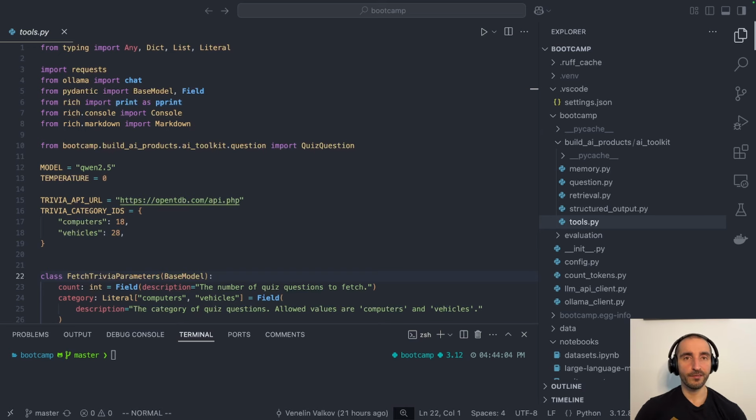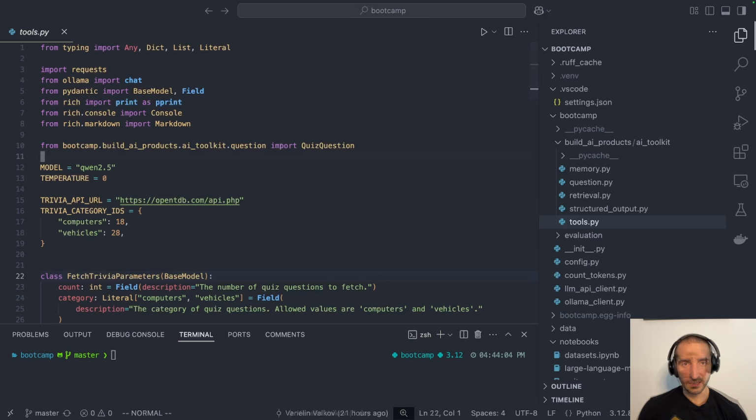For example, when you have a private database for your company or your own business, you can access private information from your database using tools and provide this information to your LLM, something that can enhance significantly the performance of the LLMs based on your data and your private information. Also, you can call external tools to do some form of operations that might be hard for LLMs. One particularly good example is actually calling calculators,